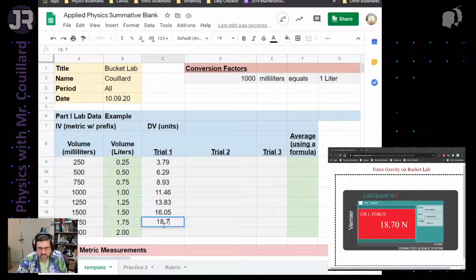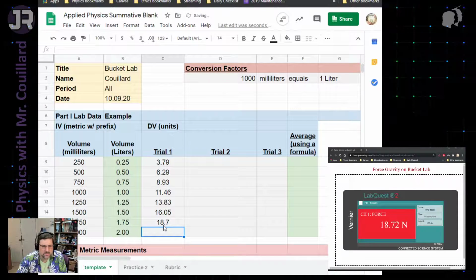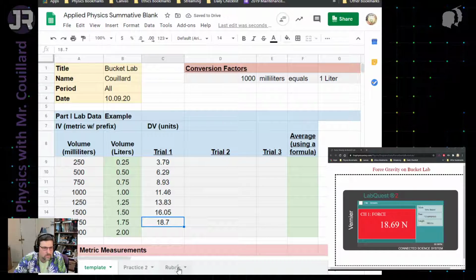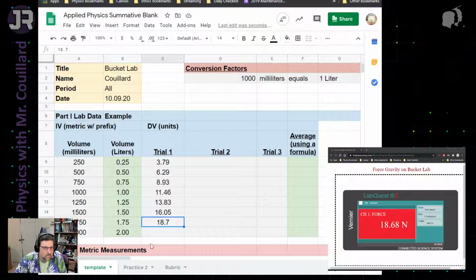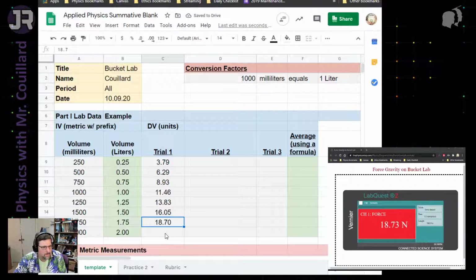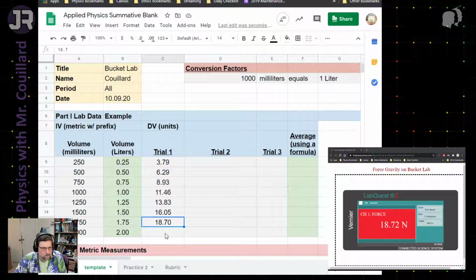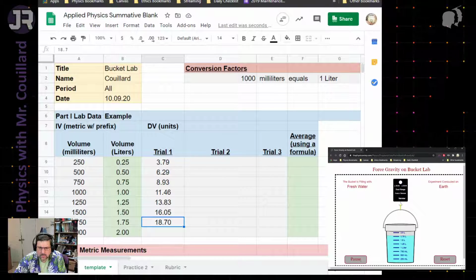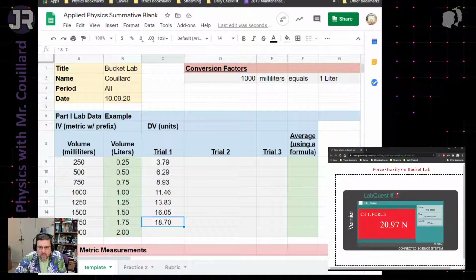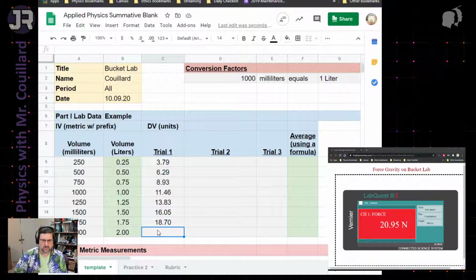7 ones. Ooh, let's do 70. 1870. It's kind of bumping all over the place. We want to bump out one more decimal point to keep them all with 2 decimal places. All right, so last one, 2 liters, and we'll get that to be, okay,